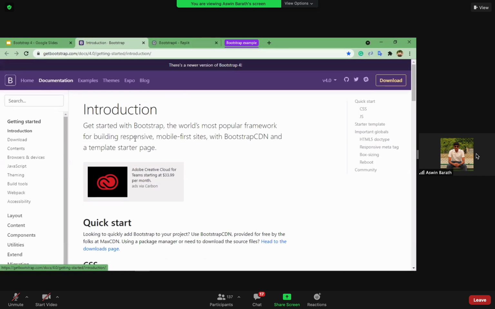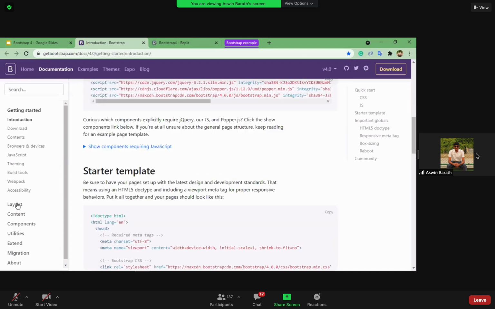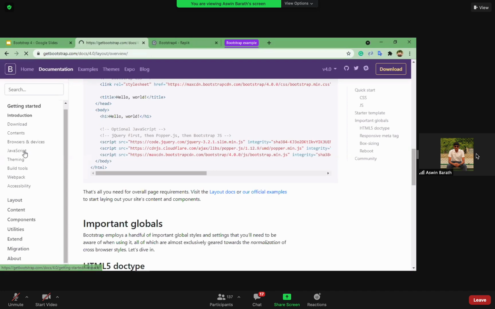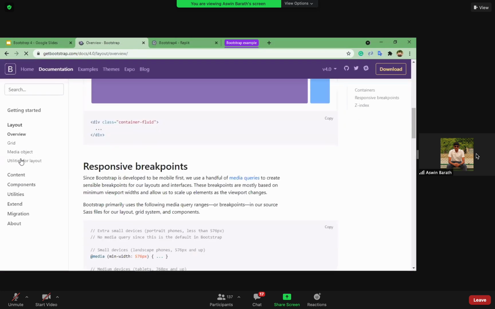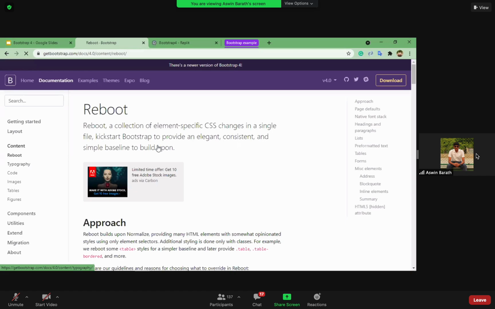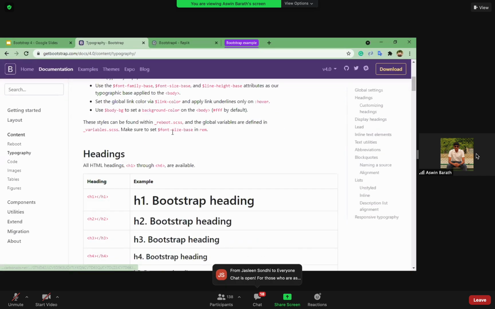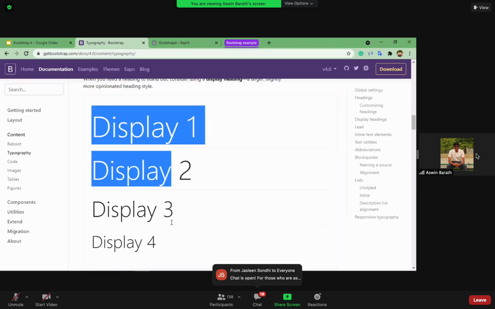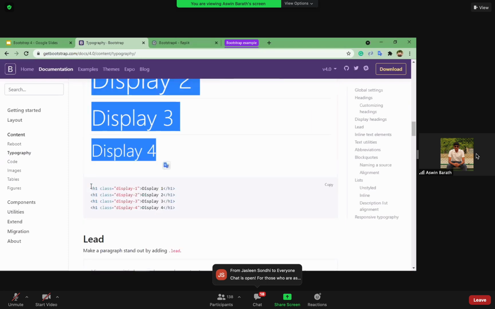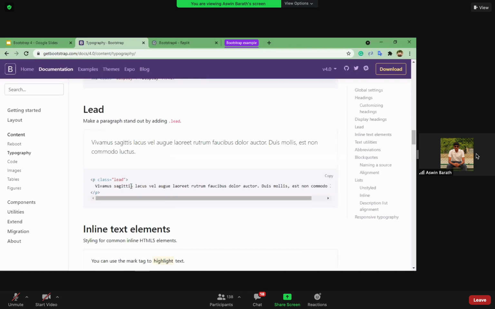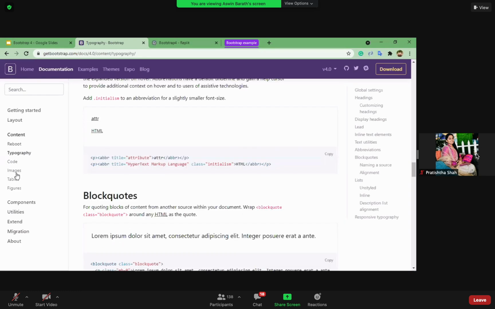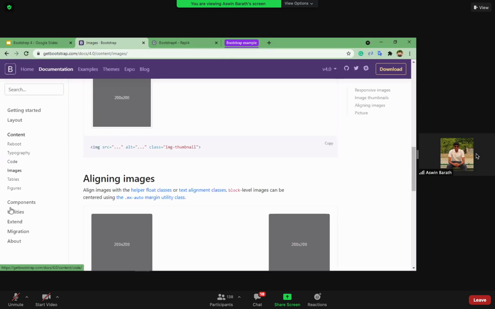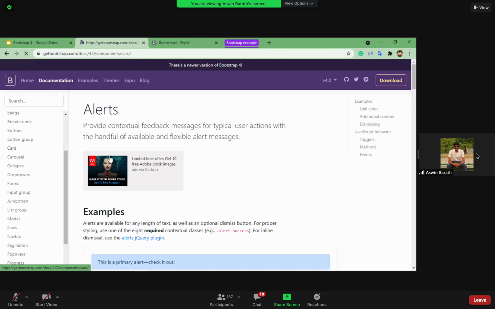If you browse through this website, you can see we have a lot of styling that we can provide. Let's say you go to content and typography. Yesterday we discussed headings and paragraphs. They have built a lot of really good looking CSS styles into Bootstrap so that we can use them directly. There are images, and inside components there are cards you can use.